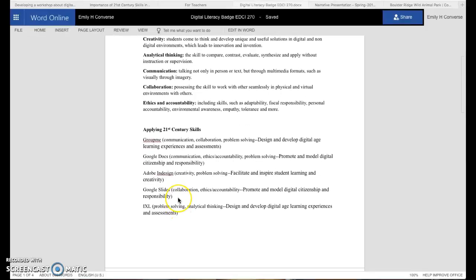Google Slides is similar to Google Docs. However, it's more like a PowerPoint program, and you can still communicate with your classmates through comments and a chat. This promotes more collaboration and communication, because you're usually going to use a PowerPoint to present in front of a class, and students have to make sure that they're communicating with each other so they have the right information. This also promotes and models digital citizenship and responsibility for students, because they have to hold each other